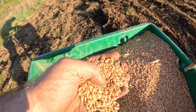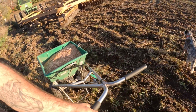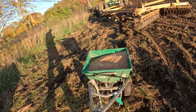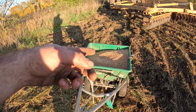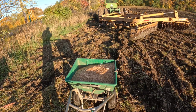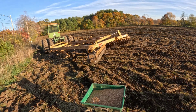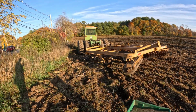So here's the seed, triticale seed. Get the top a little bit. Yeah, it should take, well, one hopper should do half acre. So I should have extra here. I don't really know what I'm doing. Frank offered to let me borrow the 3-point hitch one. I said that would look a little too overkill